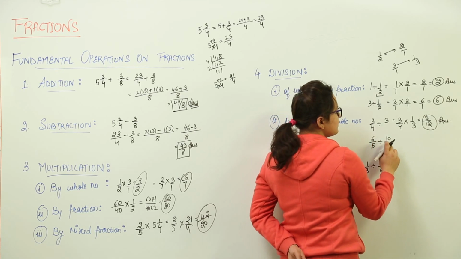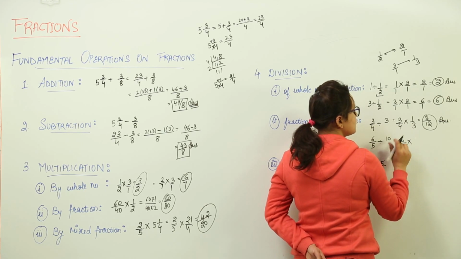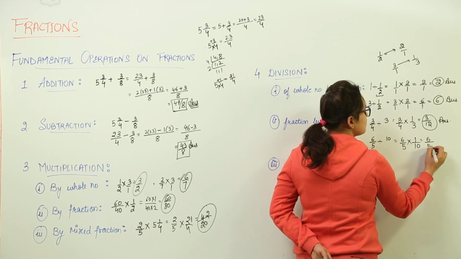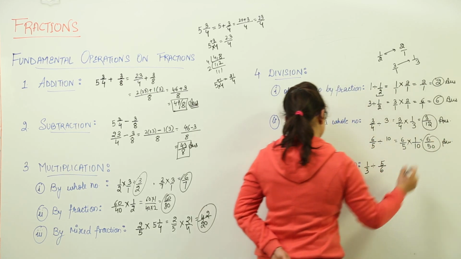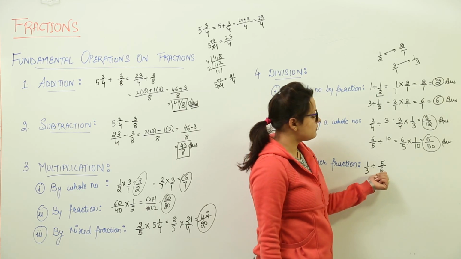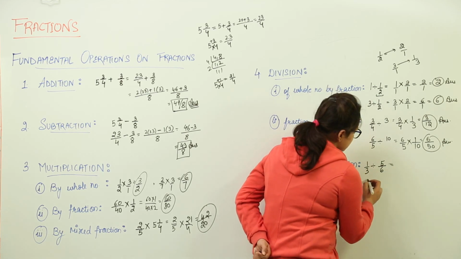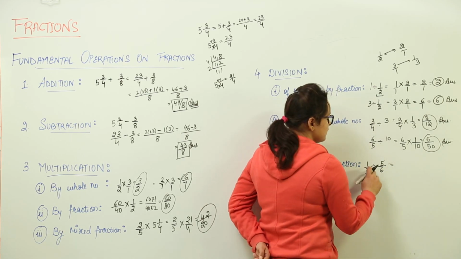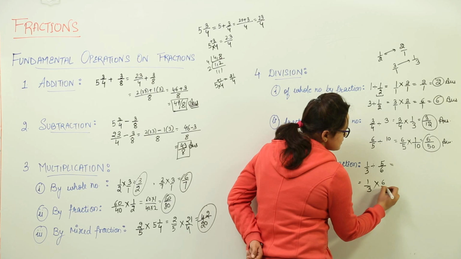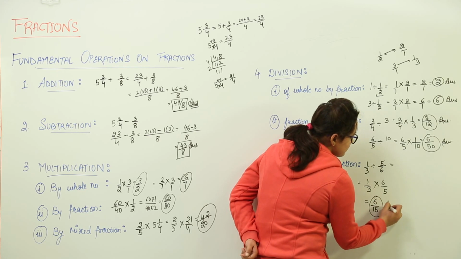Next, 6 by 5 divided with 10. We do 6 by 5 multiplied with the reciprocal, 1 upon 10, that is equal to 6 upon 5 tens are 50. Last one is the division of a fraction by another fraction, that is 1 by 3 divided with 5 by 6. Same steps are to be followed, nothing has to be changed. Just your numbers are reciprocating. Division gets converted to multiplication. The next value gets reciprocated, that is 6 by 5, and you get 6 upon 3 5s are 15. 6 by 15 as the answer.